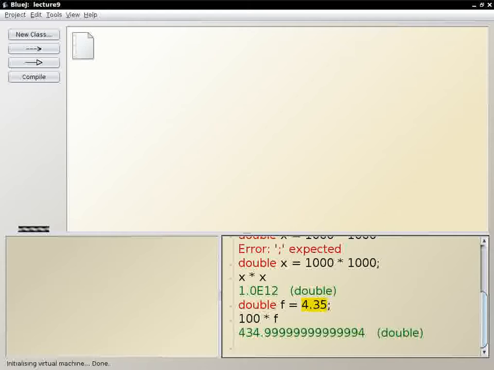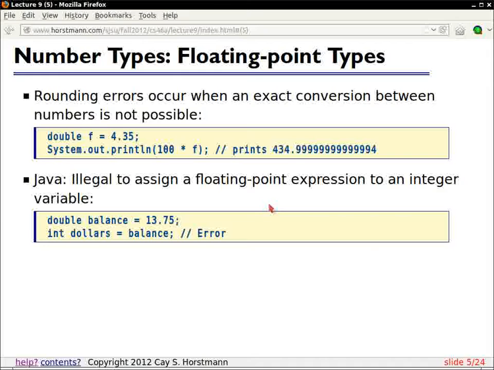And the reason for that is that in the binary system that's used in the computer, there's no exact representation for 4.35. So just like in the decimal number system, you can't exactly write 1/3 as 0.333, and there would be an infinite number of 3's. To do 4.35 in binary, you need some infinite repeating pattern of 0s and 1s, and it gets truncated somewhere. So you get these tiny errors when you use them. And there's totally nothing you can do about it. It's a fact of life, and you simply have to realize that when you make any floating point computations, these small round-off errors can happen. Now you might say, how do I ever write banking software?